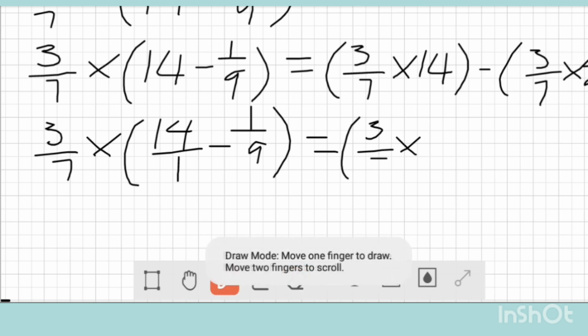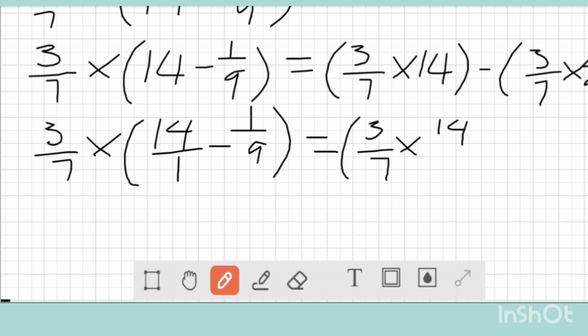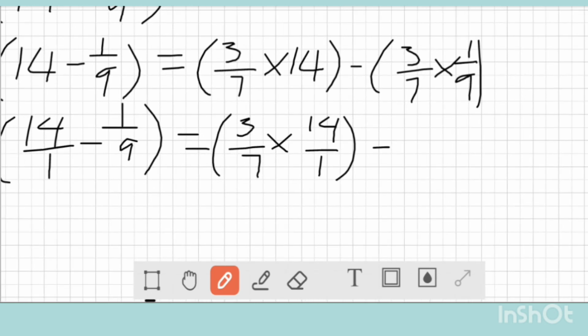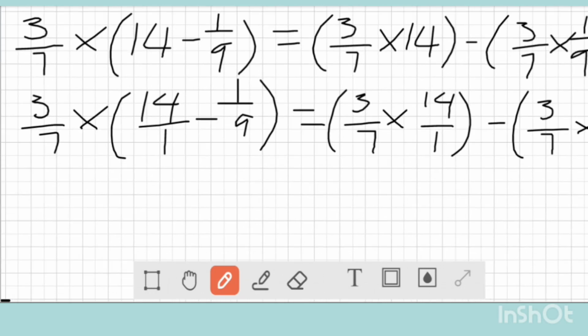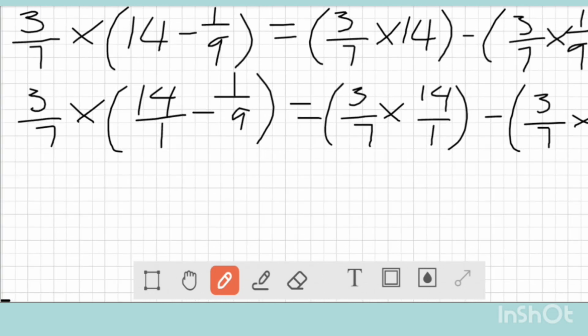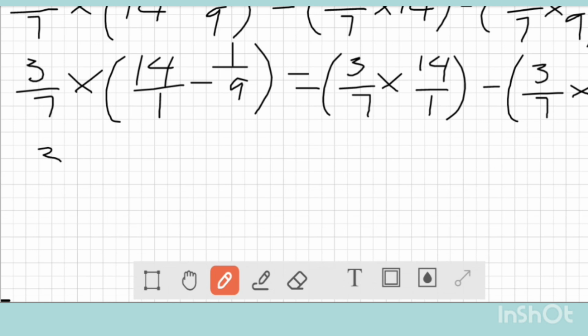3 over 7 multiplied by 14 over 1 minus 3 over 7 multiplied by 1 over 9, closing the parentheses. So from this side I'll have 3 over 7 here, which is outside of parentheses. Of course I have to deal with whatever is inside the parentheses before I multiply 7 by any of the numbers there. So here I have